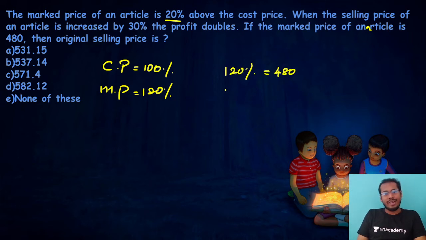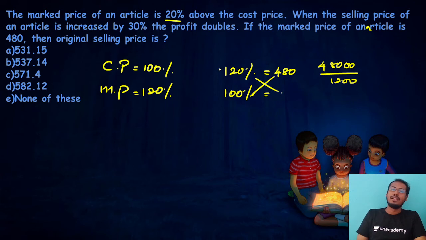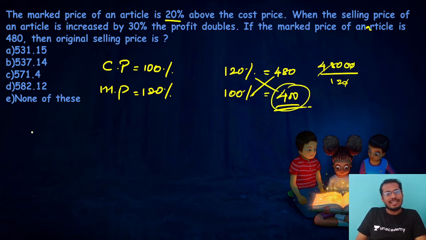So now we're going to find the cost price. What is the cost price? If you cross multiply this, you will get 48000 divided by 120. So you will get 400, so 400 is the cost price. Okay, so I got the cost price is 400 rupees, we got it. From this we're going to write. So let us compare with the cost price, guys. Cost price is 400.